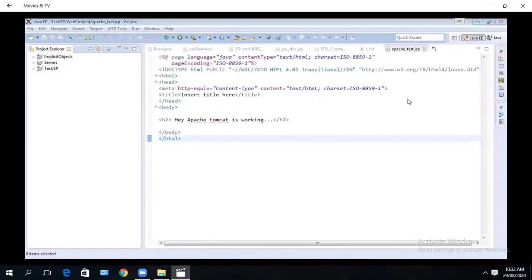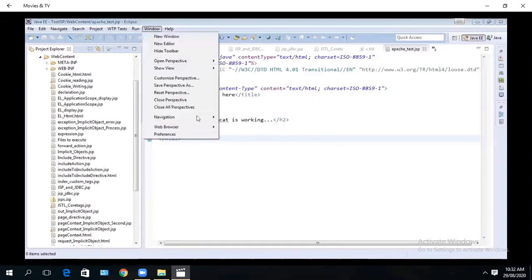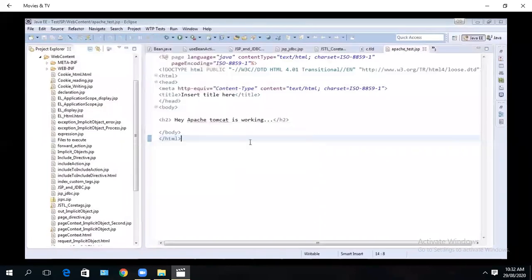So how exactly you have to do it: many JSPs are there. Before that, go to Windows, Web Browser. I can select which options I want. Let's say I have one JSP file and I want to run it.